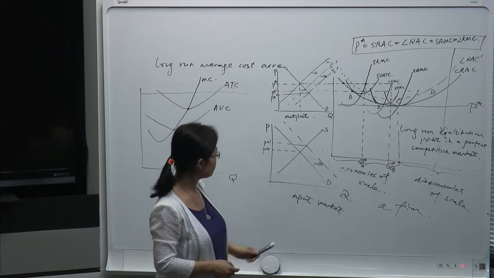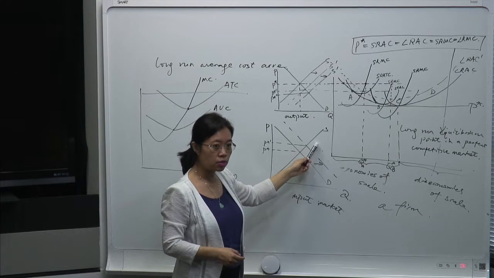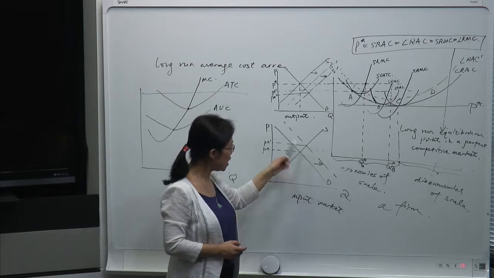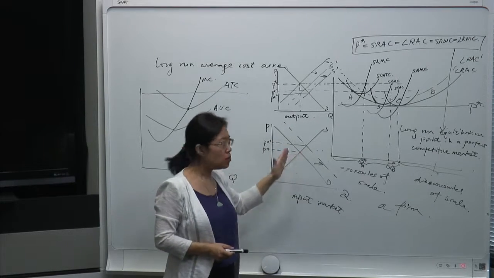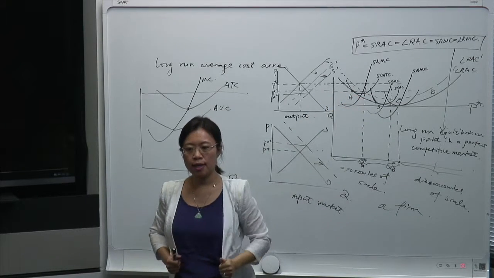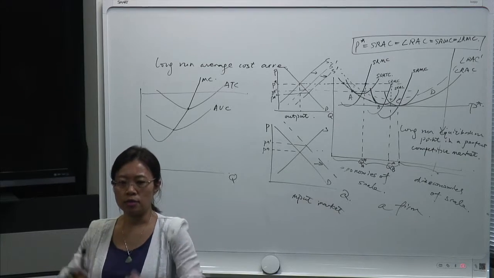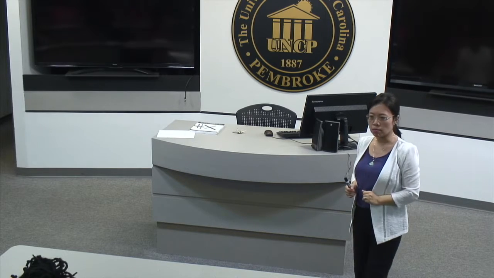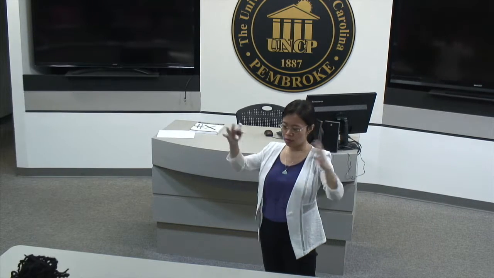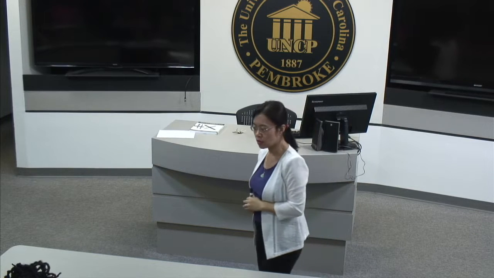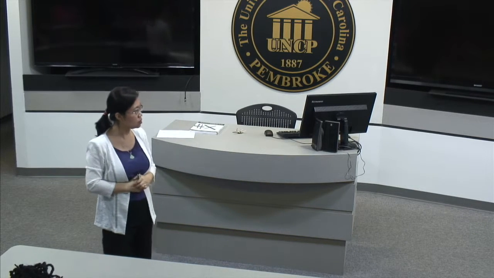Let's say something happened to supply, or demand. Anything happening in any kind of market will make this shift again. If this is shifting, this is going to be moving, okay? And we're in a world where there's constant change. Any kind of change will trigger some change in a certain market, then will make the whole movement start moving again. But it always wants to come back to that equilibrium point. Okay. So that's what I wanted to talk about.